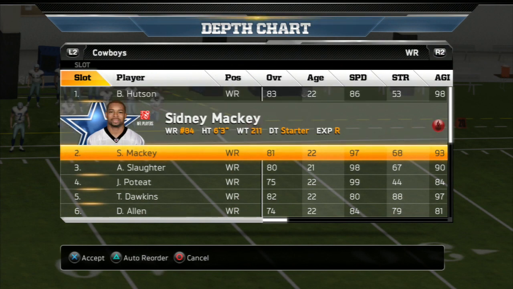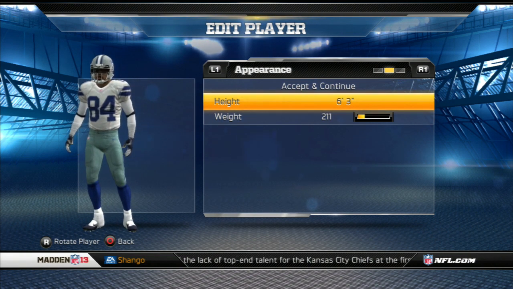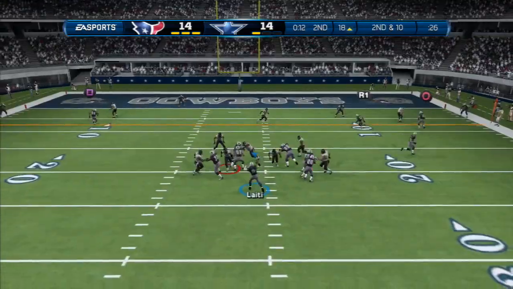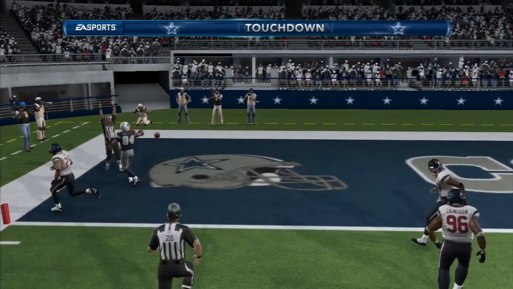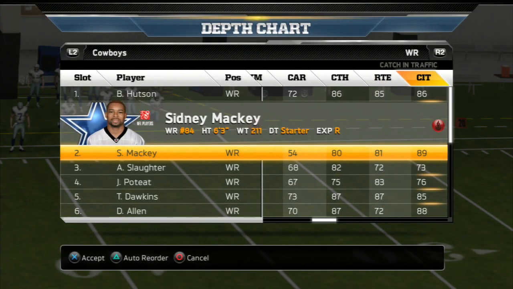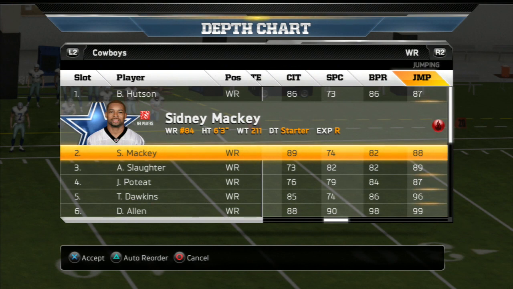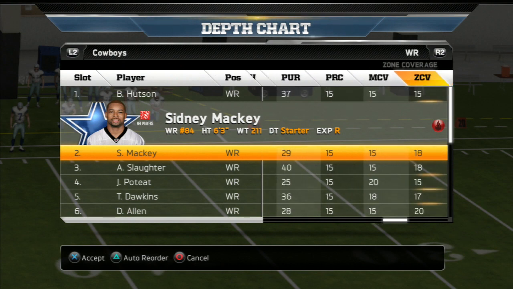Sidney Mackey, number 1. 81 overall wide receiver. Awesome stuff. Absolutely awesome stuff. 97 speed, agility 93, 89 acceleration, 83 awareness. Then the other numbers are just ridiculous. 80 catch, 81 route, 89 catch in traffic, 74 spectacular catch. Who needs that? Beat the press 82, jumping 88. He's just absolutely awesome, and he's got decent